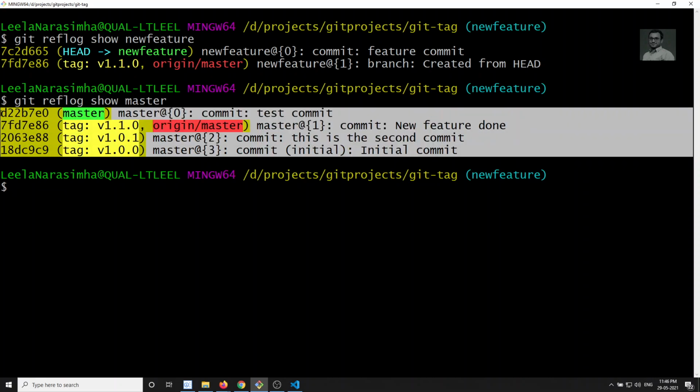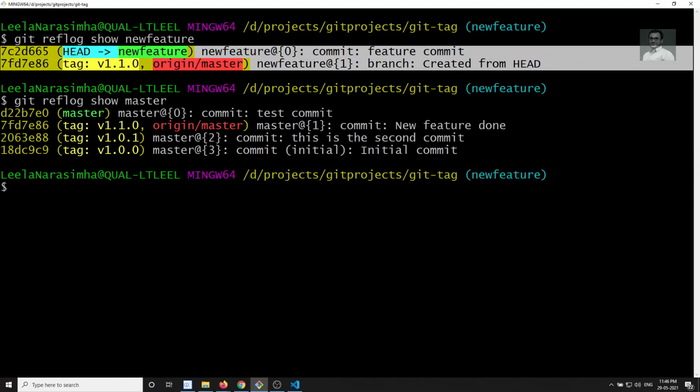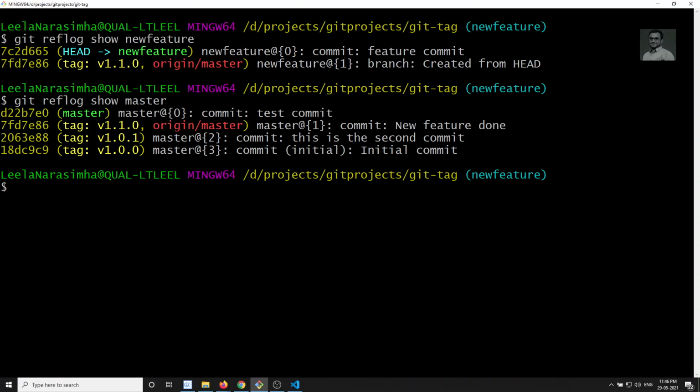So we can also see the reflogs for a particular branch also. Now here if you see a particular branch, you will be able to see new feature@{0}, new feature@{1}, master@{0}, and so on. So this is the reference. Right now, which reference are you in? The current reference, it will show you master. If you want to see HEAD, it will give you HEAD@{0}, and 1 is the incremental pointer it will be showing you.